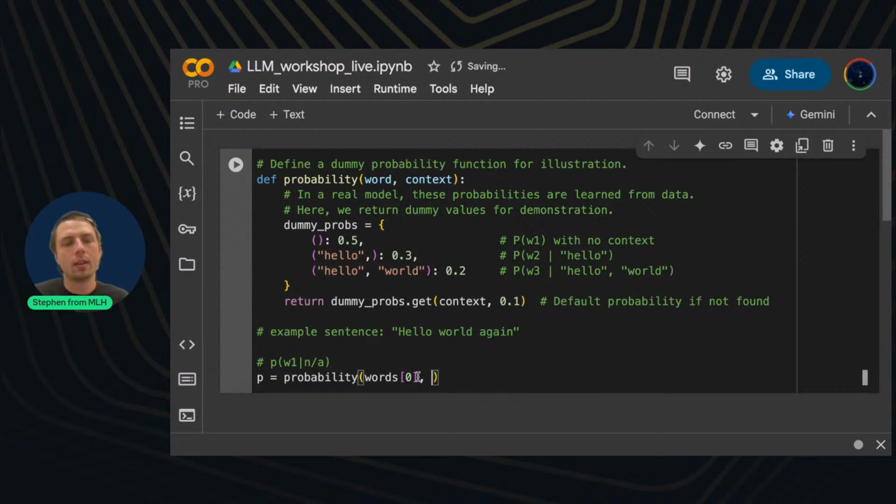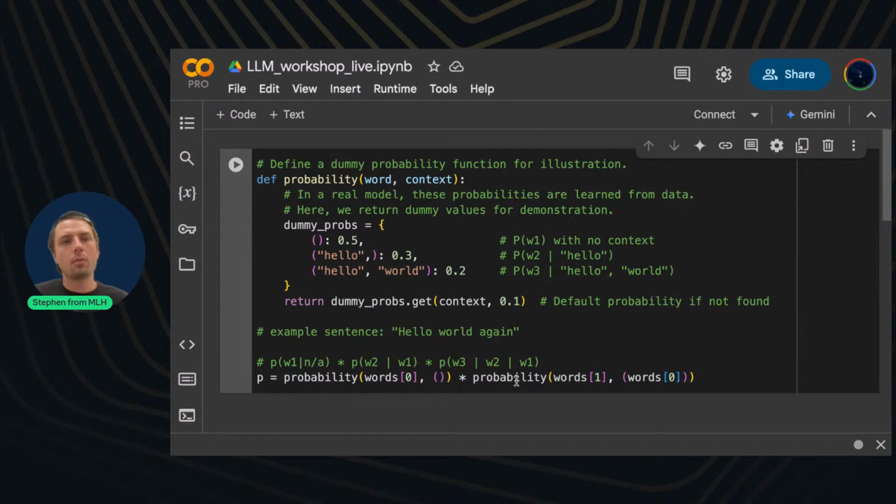So we can just put some blank empty pair here so that it goes to here. And then we're going to multiply by the probability of word 1. And remember, this is just the chain rule. Given, of course, word 0. So this is the part where we multiply by P(W2) given W1. And then finally, we're going to do P(W3) given W2, given W1.